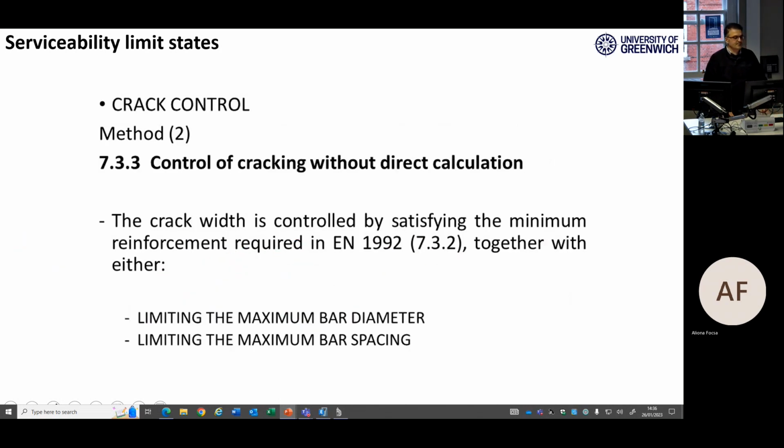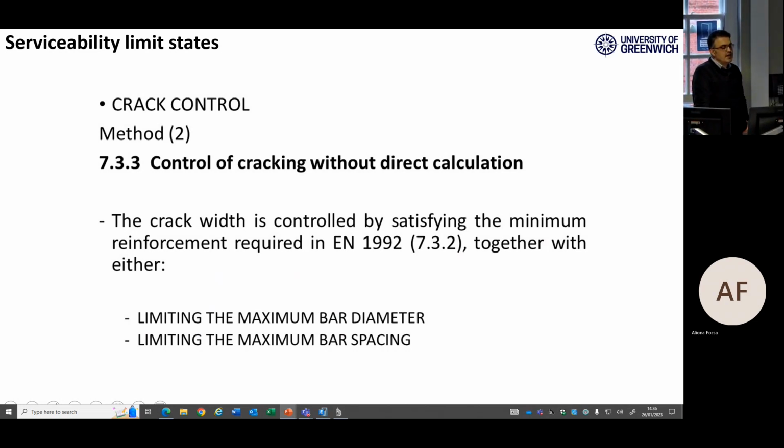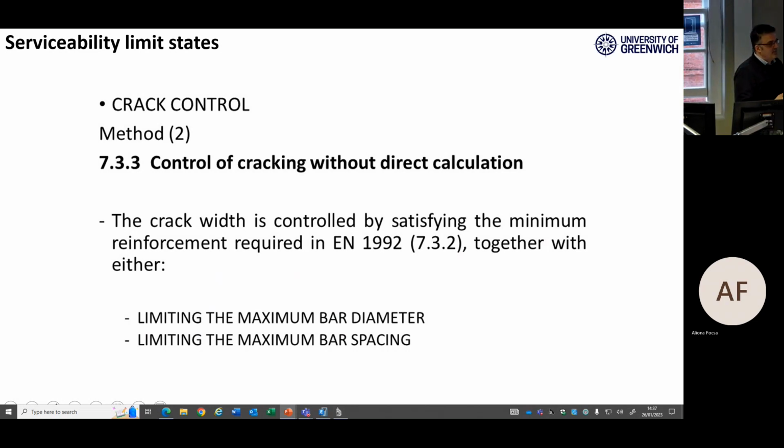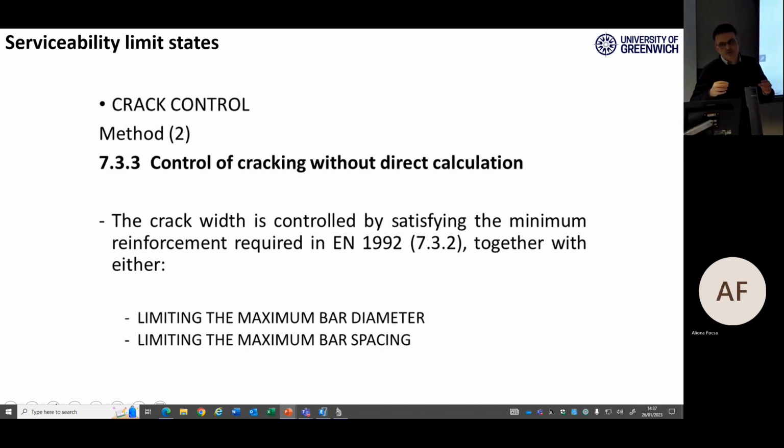And for that purpose, we need to have some control on the crack in terms of controlling our rebar diameter and spacing. So you can imagine if you have some rebars very distant from each other, the crack is more probable, right? If you limit your rebar numbers, rebar diameter and spacing, it means that you distribute your rebars more rationally in